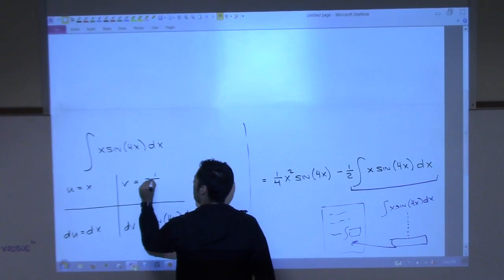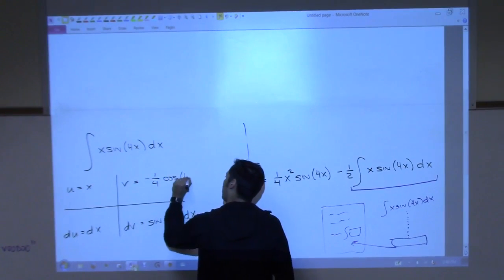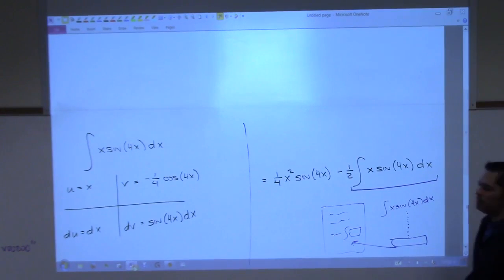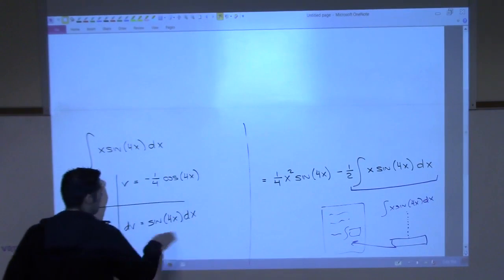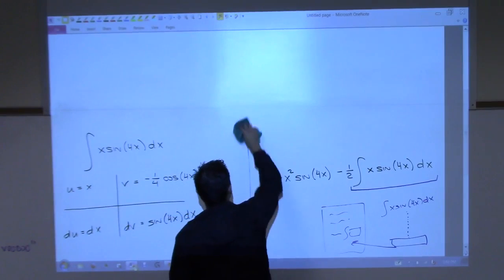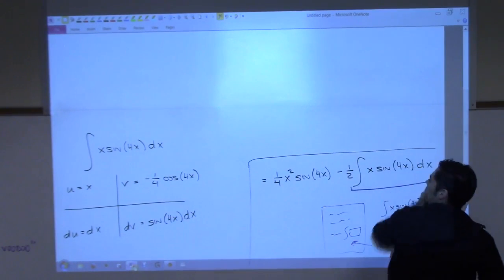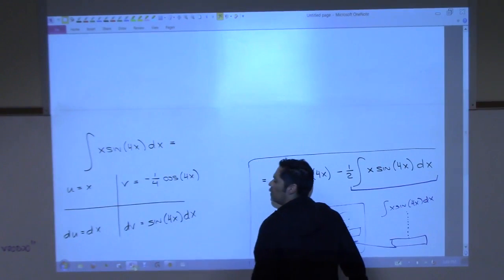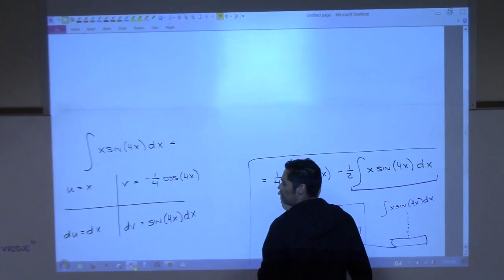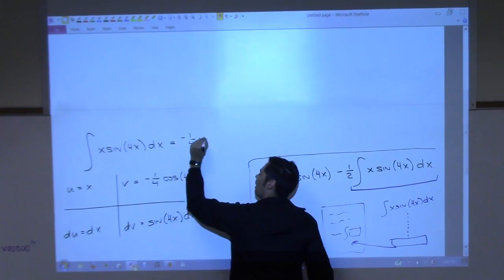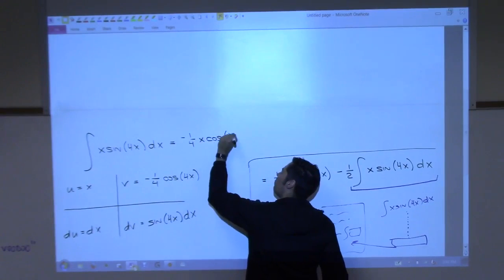Negative 1/4 cosine 4x. That's all right. If you just remember, all your dx's are always going to be on the bottom row, and the top row will never have dx in it. All right. So now, that becomes, by the formula, ultraviolet. So this times this, so negative 1/4 x cosine 4x